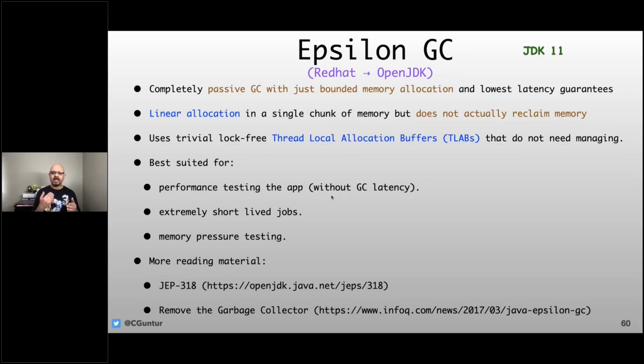awesome for memory pressure testing. So what happens when an application reaches the memory thresholds? How does it behave? Is something you can test with Epsilon GC. So when you turn on Epsilon GC, you're telling JVM that I have a GC, but it does nothing, right? And the easiness with which new garbage collectors are coming out is because there's now something called the GCI, or